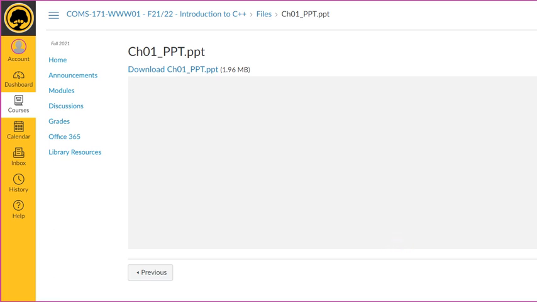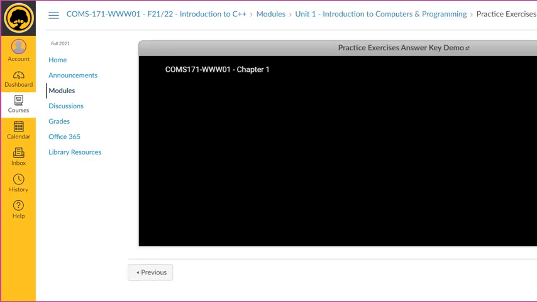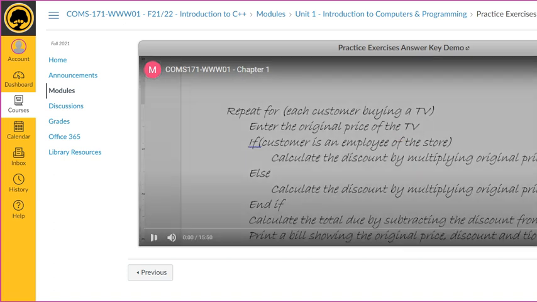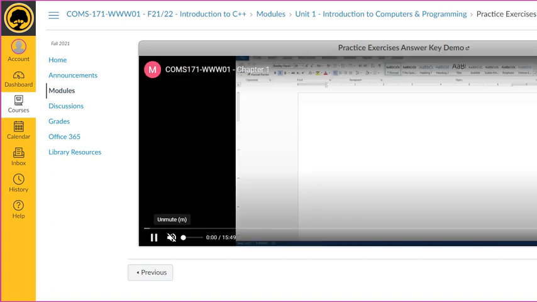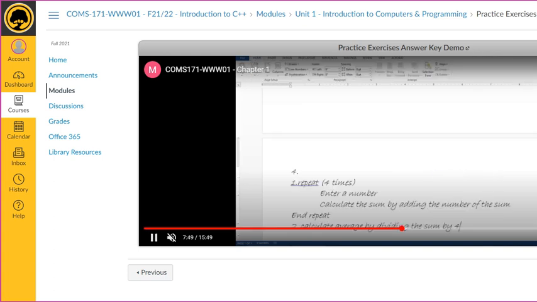The PowerPoint slides are a good way to summarize your study. Then you have a small demo, for example, for this week, showing you how to go about completing your assignment. And I'll have one for next week, the following week, when you start doing actual coding. So it shows you how you complete your work.